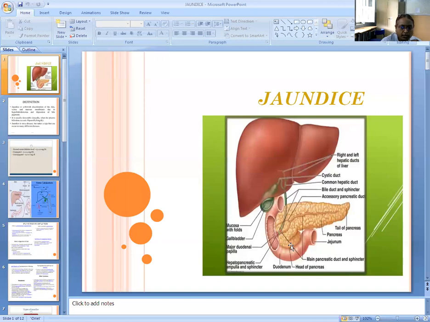This is for your understanding. You should know the basic anatomy and physiology. Then and only then can you understand jaundice. So this is mainly the biliary system, which is again very important in jaundice, because your bile is excreted via this system into the intestinal part. Bile is excreted into the intestine via this excretory system, which is very important.